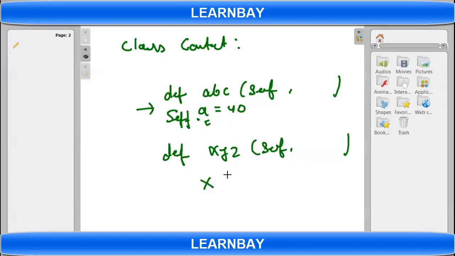Right. So let's say for example that self is a contact. Self is a contact, right? So it is the same value. Self.a in the class is the same. Definitely the same. Okay, one minute.